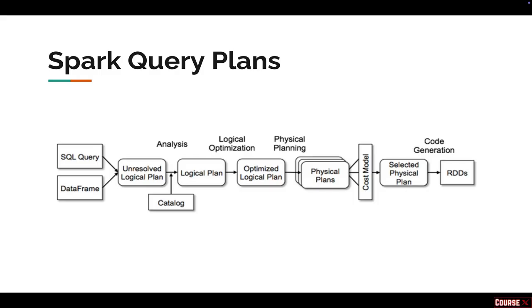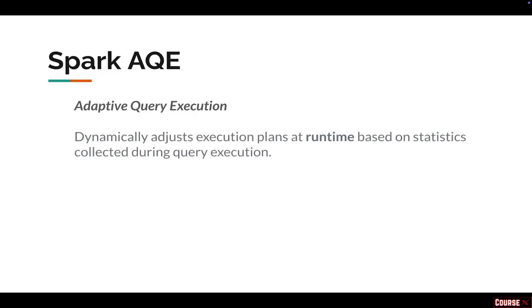Okay, now from Spark 3.0 there is another feature that Spark has introduced, that is AQE, adaptive query execution. This feature will dynamically adjust the execution plans at runtime based on statistics collected during the query execution. Let's say Spark is reading a large volume of data, and you are joining based on some columns, and it might happen that some partitions are skewed. So because of that, Spark will